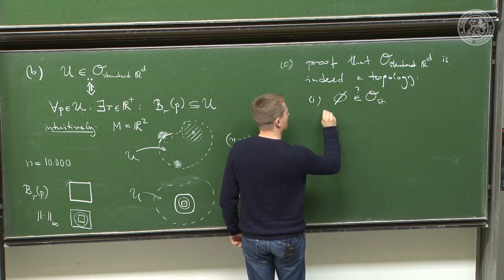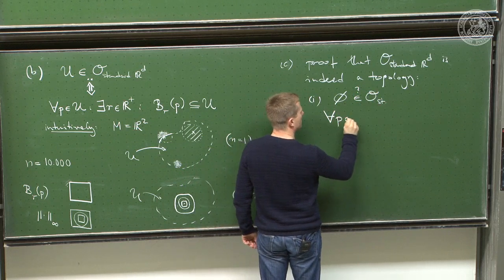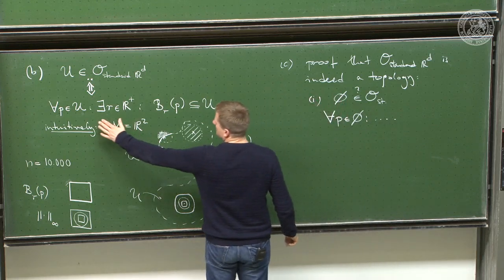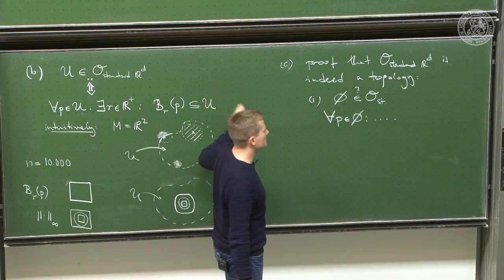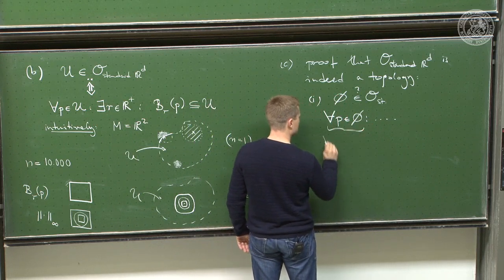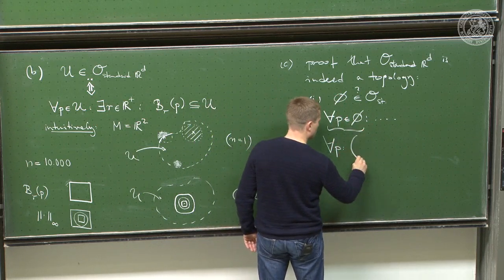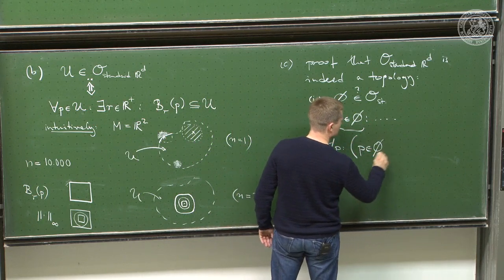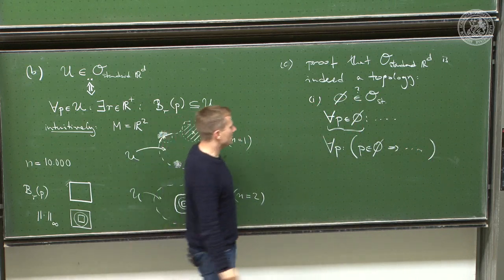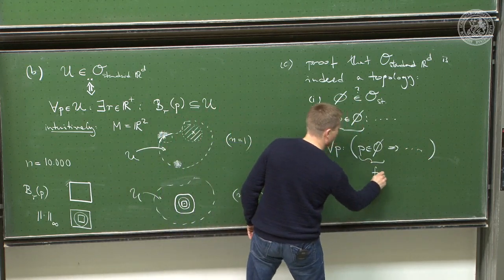I need to check if for all P in the empty set, it doesn't matter how this condition continues, because this is defined for all P for which "P is in the empty set" implies the condition. Agree? But P in the empty set is always false,